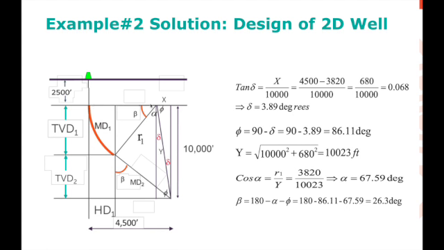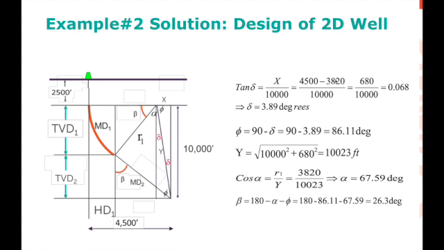As this is also your radius 1. And this is 4,500 feet. So as you can see, one side of this triangle that we drew is the difference between our horizontal departure and our radius of curvature. So that would be